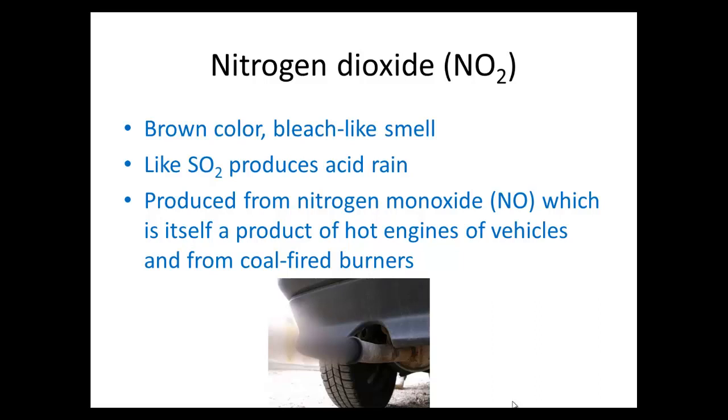So nitrogen dioxide is another component of photochemical smog. It's a brown color. That's what gives us that nice, beautiful brown smog. It has a bleach-like smell. It also produces acid, but it's not a major contributor to acid rain the way sulfur dioxide is. And nitrogen dioxide is produced from nitrogen monoxide, which basically you get from burning